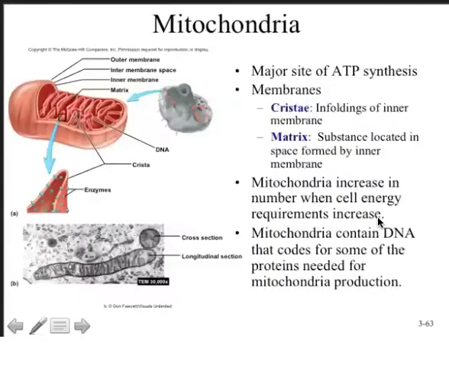Now, mitochondria are very interesting organelles. They are nicknamed the powerhouse of the cell, and this is where most of the ATP synthesis inside the cell takes place. Two very important metabolic pathways occur in the mitochondria. One is called the Krebs cycle, also known as the citric acid cycle, and the other is the electron transport